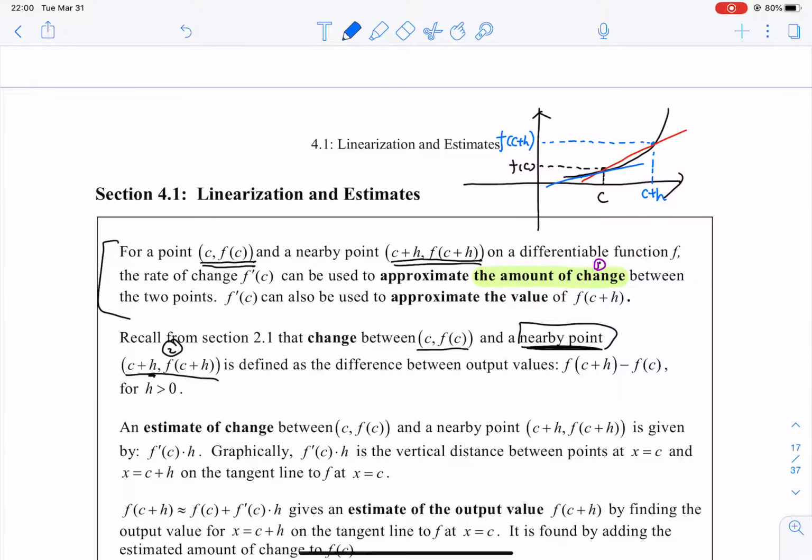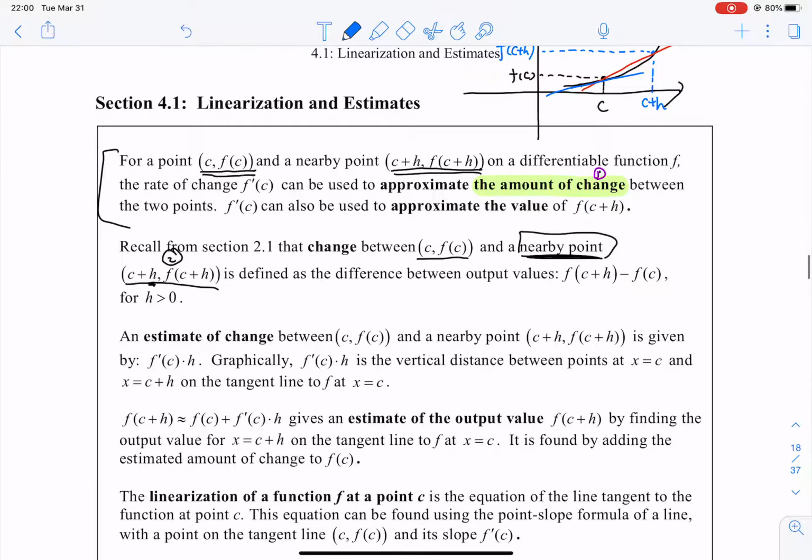Hello everyone. From this video, we are going to start a new chapter, chapter 4. And the first section, section 4.1, linearization and estimates. So you can see,